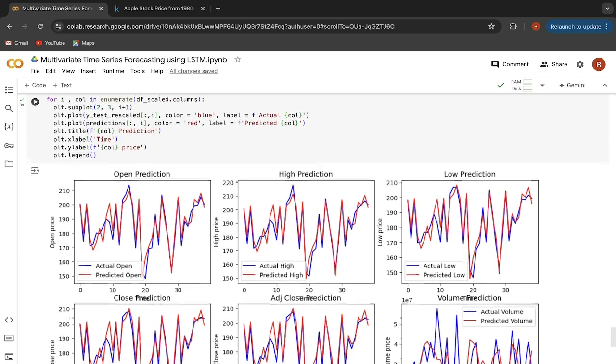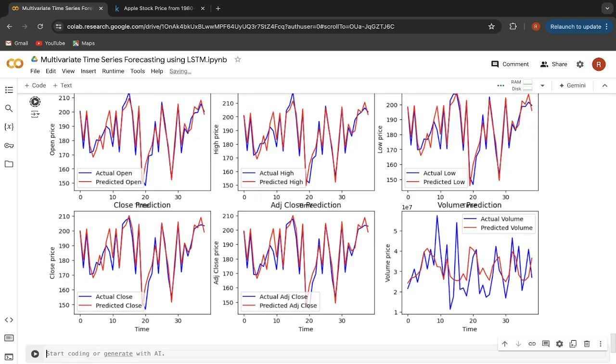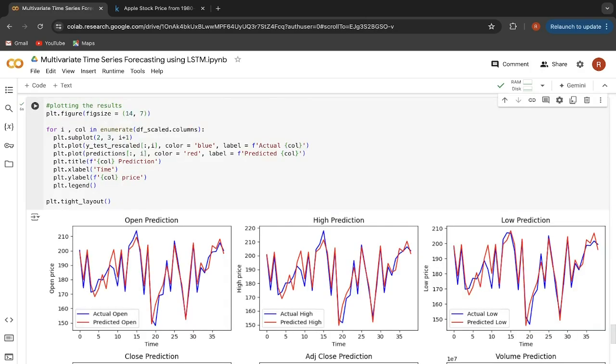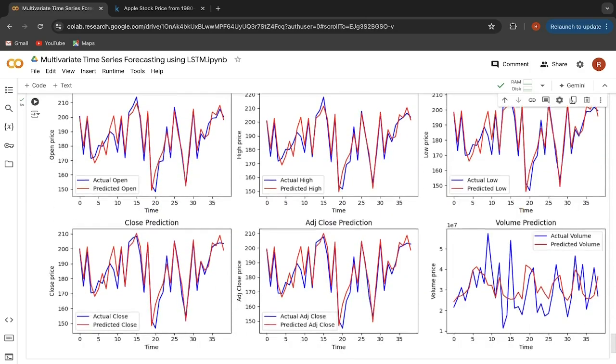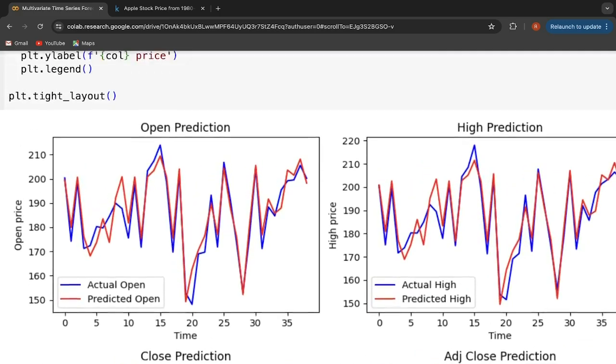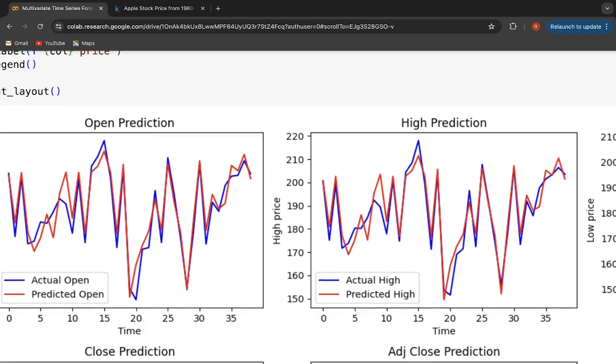As you can see, there is a slight overlapping of the second row on the first one. So let me do something like this here. I will say plt.tight_layout. Let's run that again. So now you can see we don't have any more overlapping here, and you can see all the plots. Let me zoom in for you. So you can see these red lines are your predicted values. At some places there is a slight difference, while at other places they are exactly matching with the original ones.